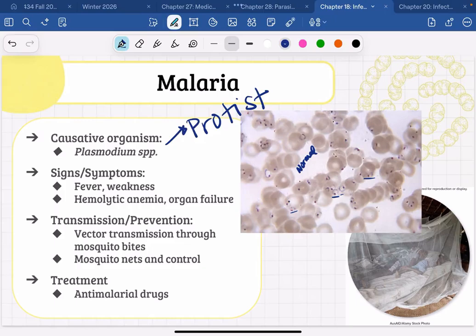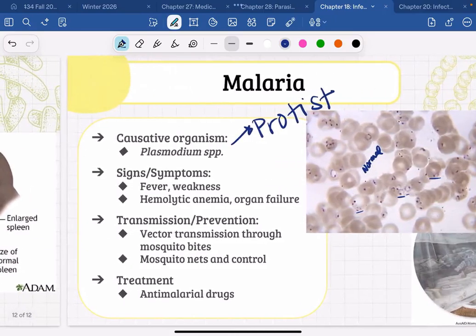And even people, most of the time, again, it's the same case, malaria is most common in areas of the world that don't have great health care. And so even if there was a good treatment for malaria or a vaccine for malaria, the people who need it can't afford it and they can't get it. So the best treatment for malaria is the prevention of it. Mosquito nets and things like that.